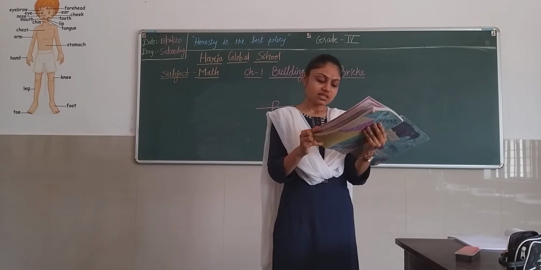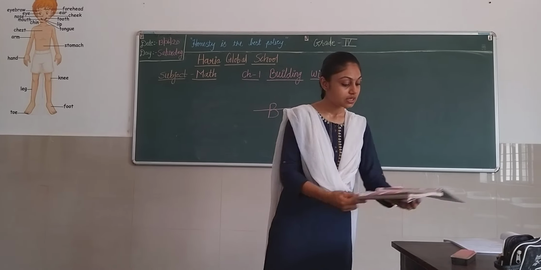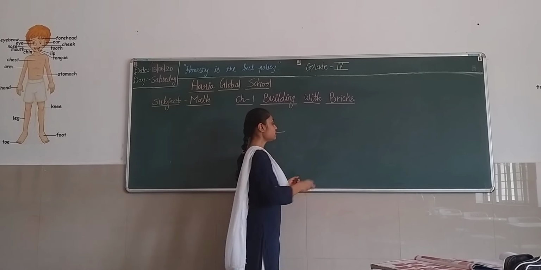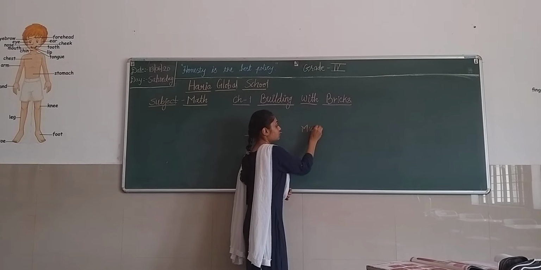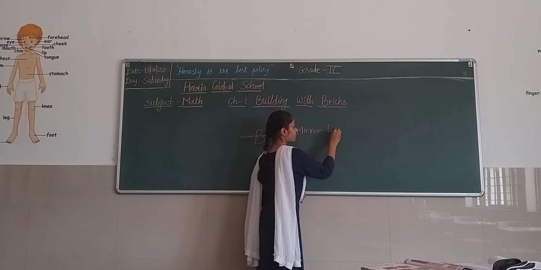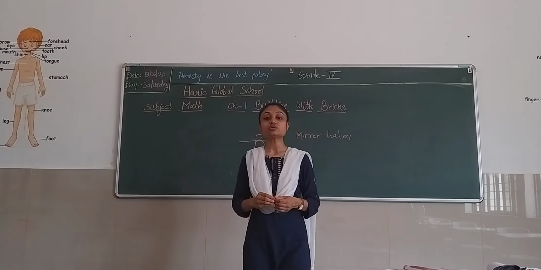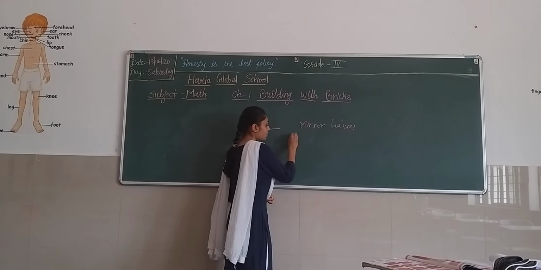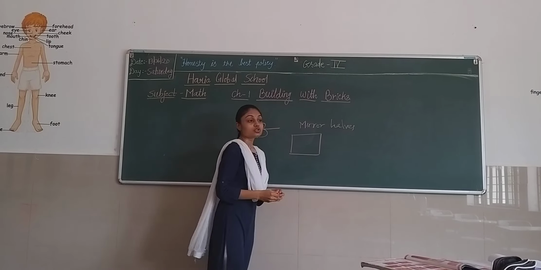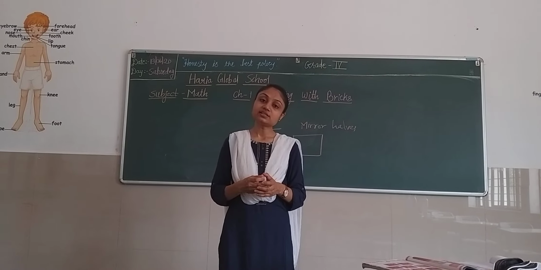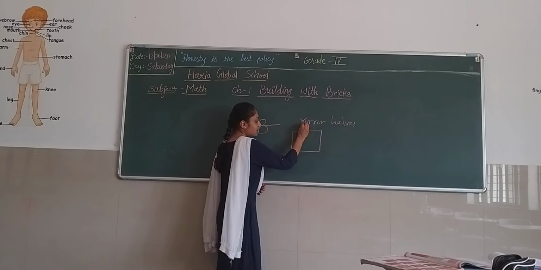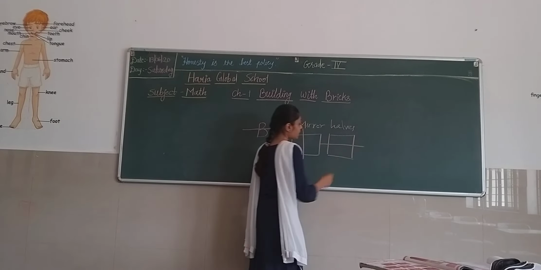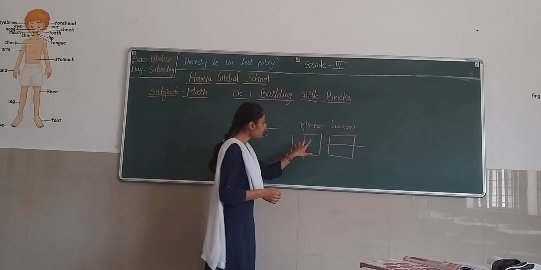Now next question. In which pattern can you show mirror halves? Like I explained to you, symmetry. Symmetry, we can compare it with mirror halves. In your 3rd standard, you studied about mirror halves. Now, revision of mirror halves. If I have a square wall and I want to divide this square wall into two different parts, I can divide from this way and I can divide this square in this way also. So both are called mirror halves.